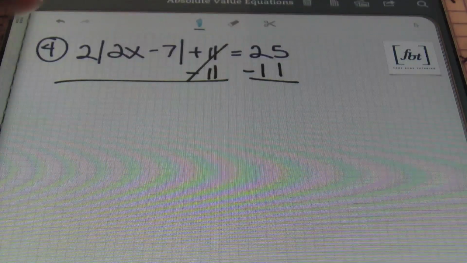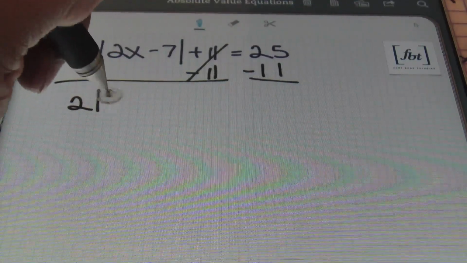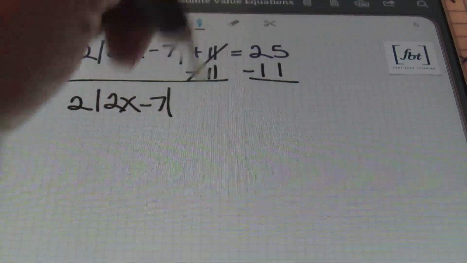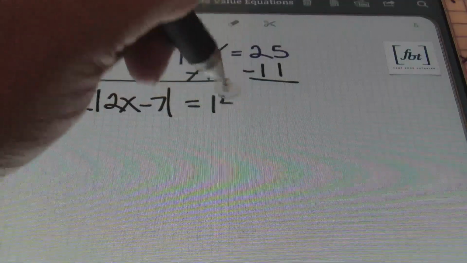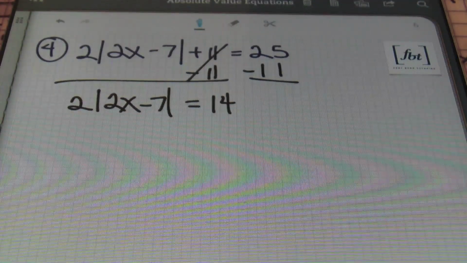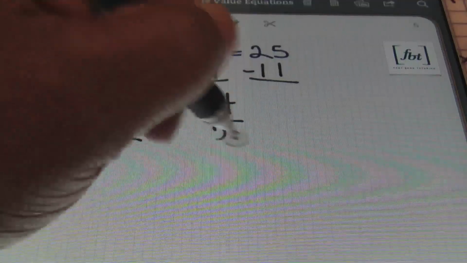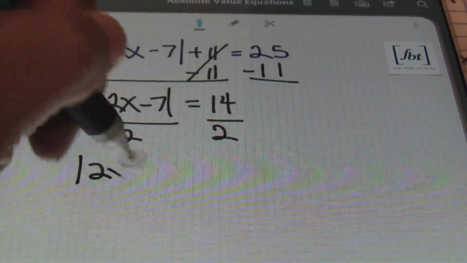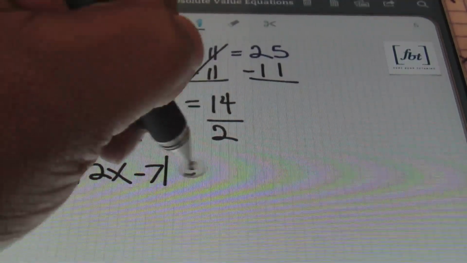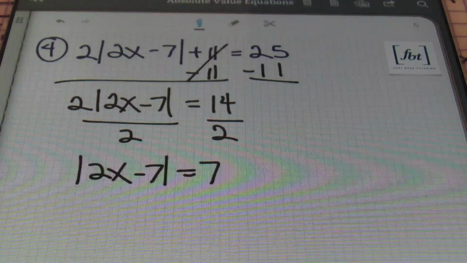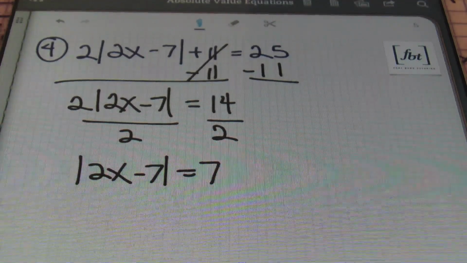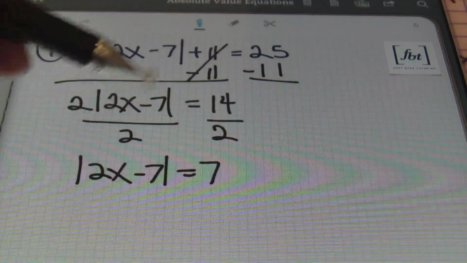The 11's cancel out on the left side. I bring down 2 times the absolute value of 2x minus 7, and this equals 14. My next step is dividing both sides by 2. So I'll divide both sides by 2, and I'll end up with the absolute value of 2x minus 7 equals positive 7. Once I have this, notice that I do have my absolute value isolated, and it's equal to